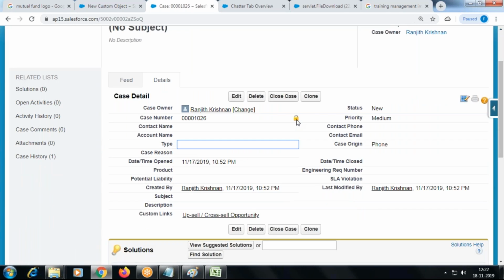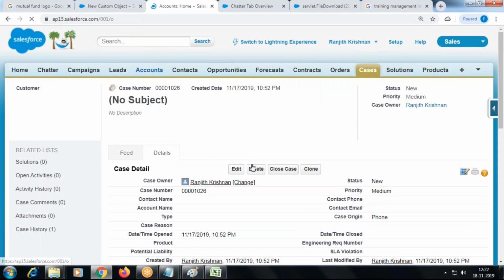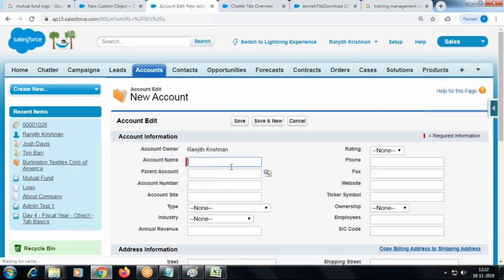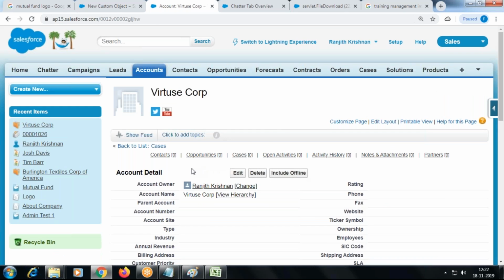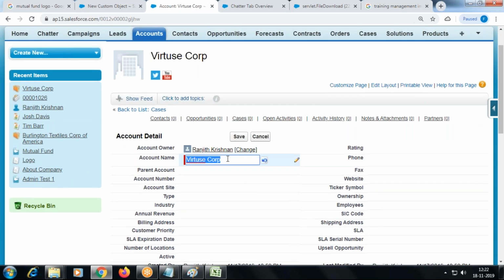I cannot edit it. Why? A lock symbol is appearing. But if it is a text type, I can edit.